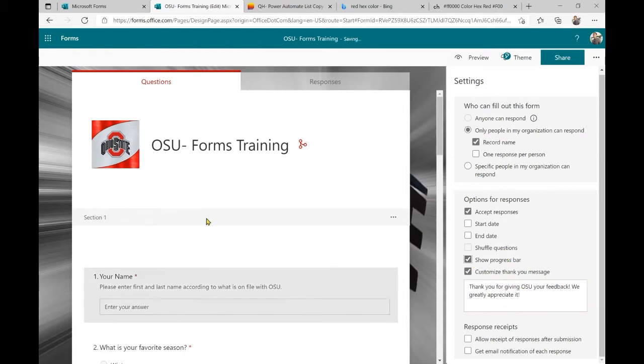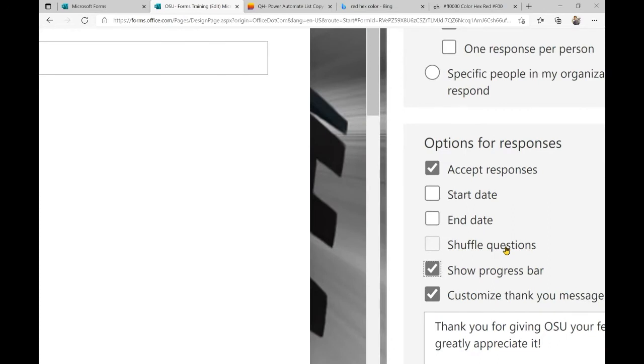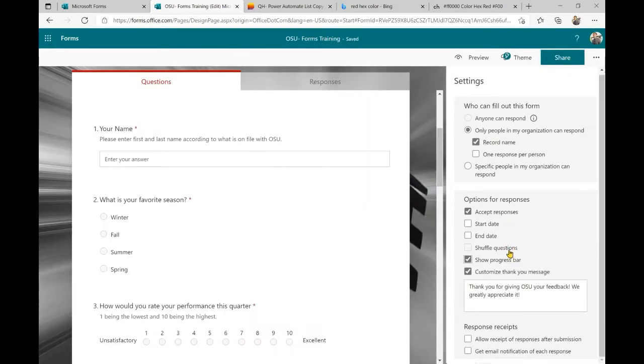The progress bar simply lets them know what percentage of the form they have completed. So if this is a rather long form and it is several sections, aka pages, you might want to have a progress bar that says you are 25% of the way. You've completed 1 out of 3 pages or sections, and so on and so forth. If you want your questions to appear randomly each time, this is helpful for quizzes or surveys. You can have the questions be shuffled up.